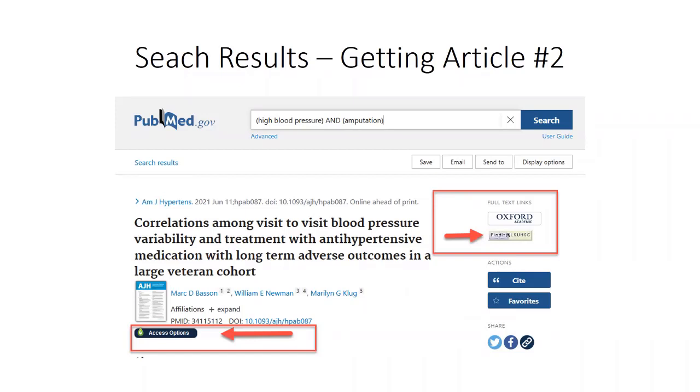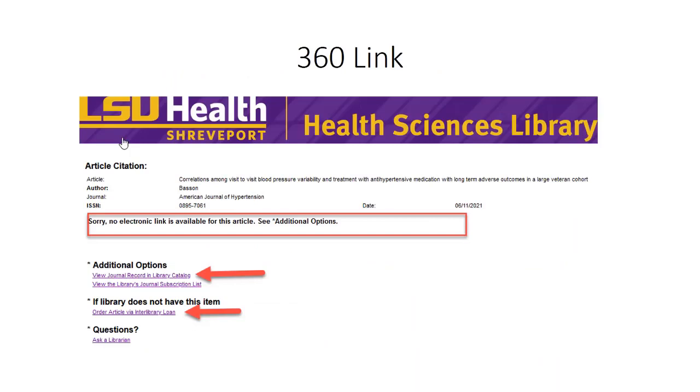We can click on that link or the Access Options link if we have LibKey Nomad to go to this article. The Find It at LSU HSC link will let you know if we have the article. If there is a direct link to the article, it will appear on the new screen. If there is not a direct link, then you'll see this message: sorry, no electronic link is available for this